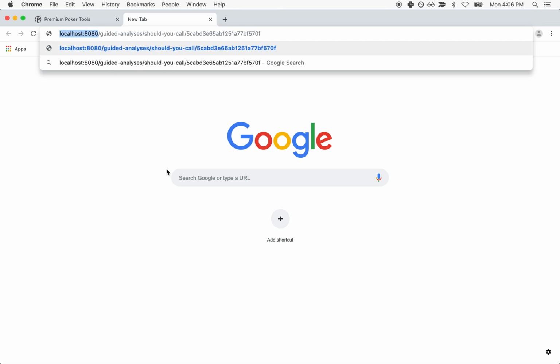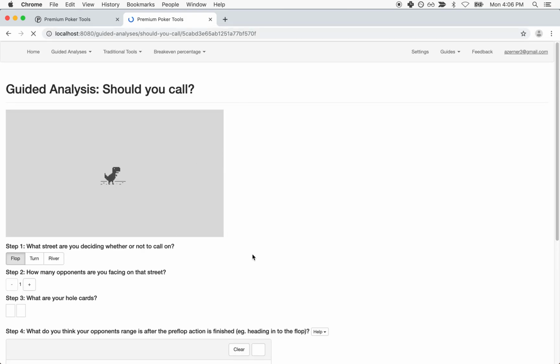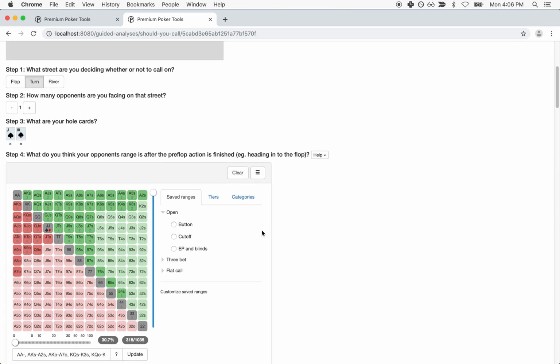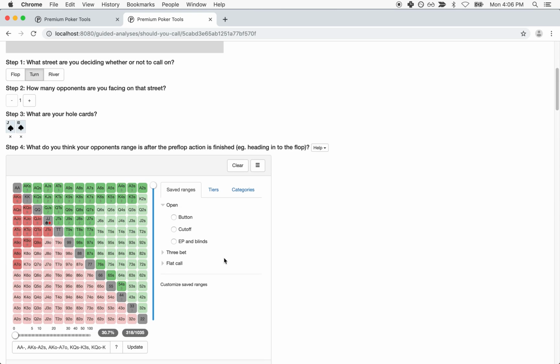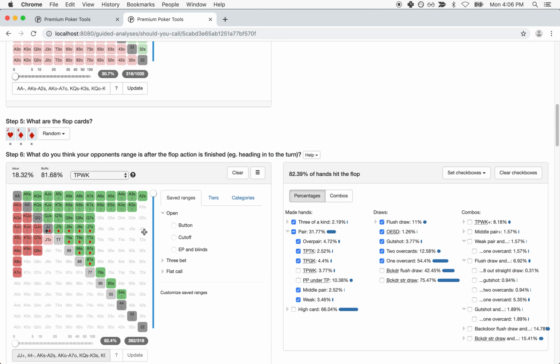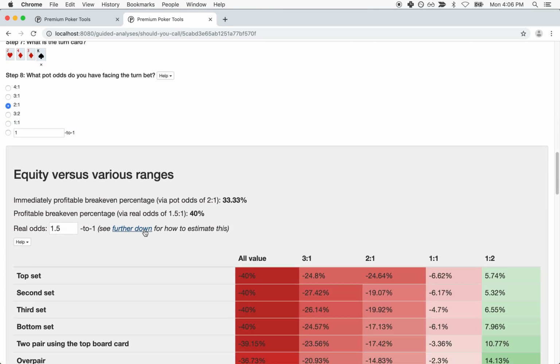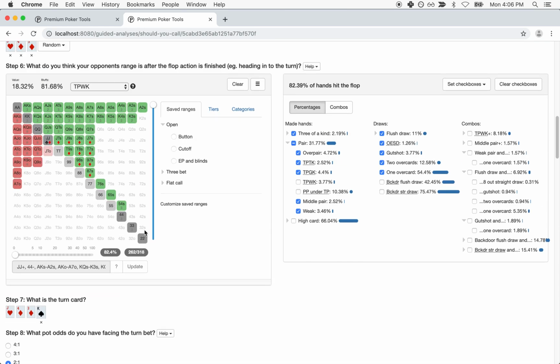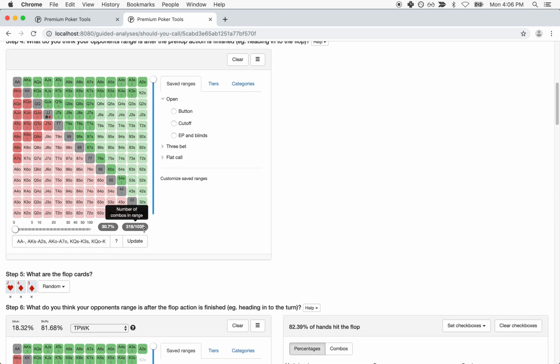I'm just doing this because I don't have internet right now. But when your friend clicks the link, they're going to see exactly the same page that you see. And they can see the assumptions that you made, the output that you get, and they can even play around with their own assumptions. So they can say,